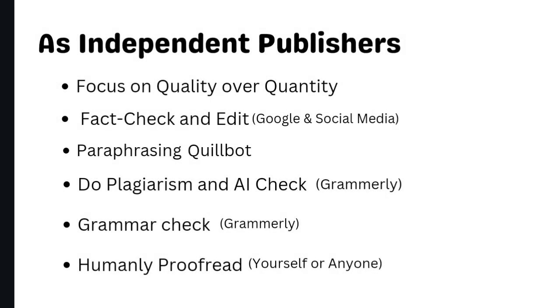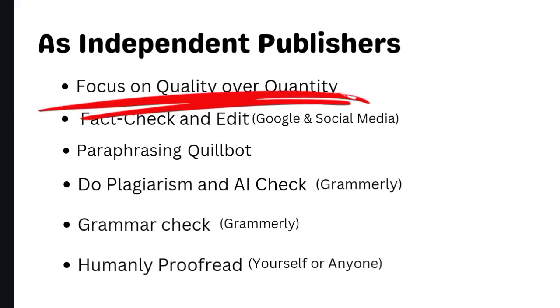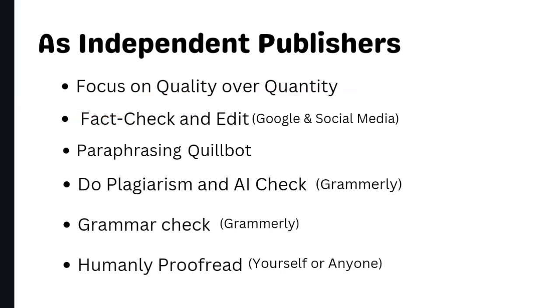As an independent publisher, for you to write a high quality book, you need to do some things, which I'm about to let you know. The first thing is focusing on quality over quantity. That is the first thing I would like you to do. A lot of people think that the key to Amazon KDP success is producing tons of scrap content, tons of surface level content. But the real secret in Amazon KDP is focusing on quality over quantity. That is just the surest way if you want to make long time sales on Amazon.